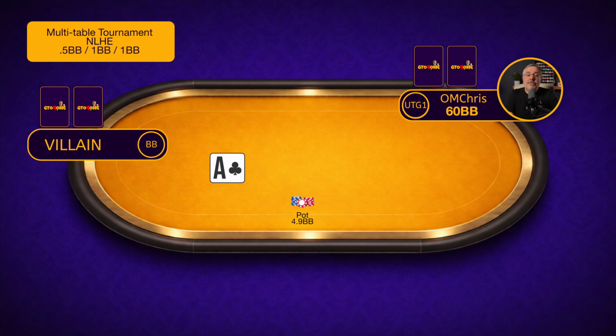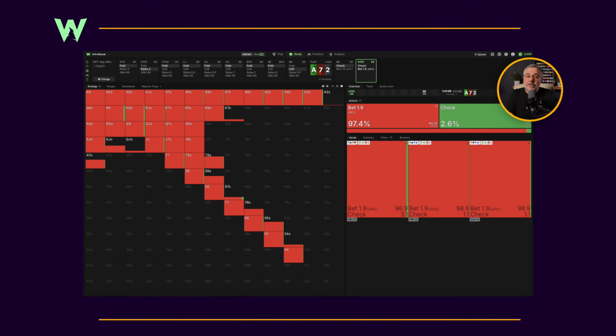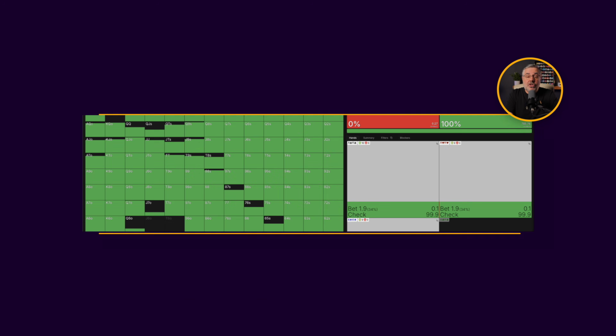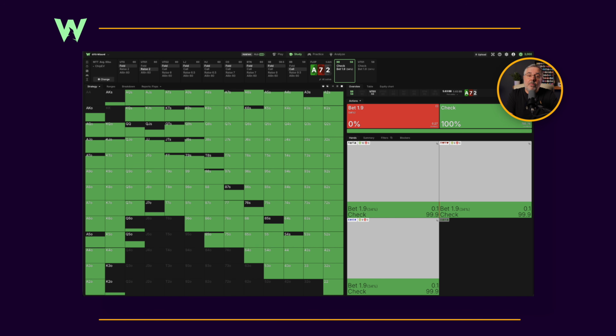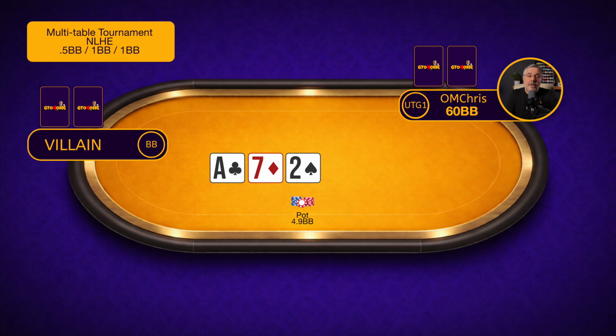If the flop is ace of clubs, 7 of diamonds, 2 of spades, well, this is a pretty dry ace-high board. As the pre-flop raiser, we likely have more strong aces. We can have ace-king, ace-queen, ace-jack, pocket aces even. The big blind might have a strong ace, but you would have expected a 3-bet pre-flop if that was the case. This board favors the raiser. That may allow you to bet small with a wide range.